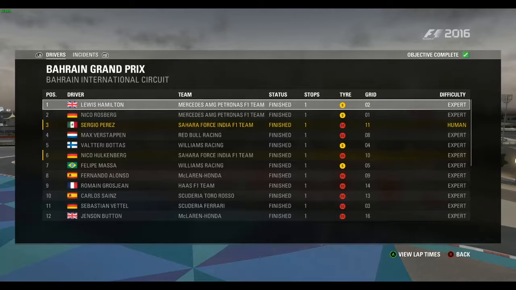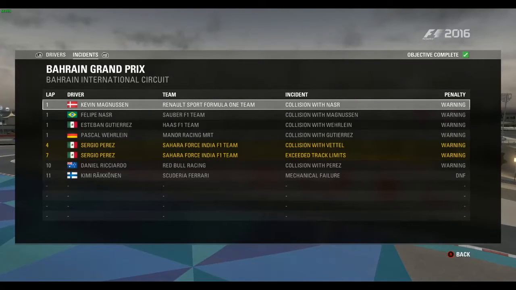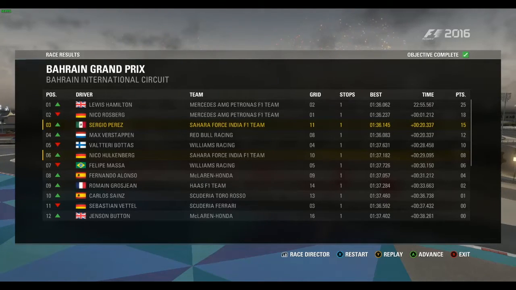So we've been given Driver of the Day by Anthony Davidson. We really deserve that. We went from 11th to 3rd, and there is the incidents. Magnussen, Nasr, Gutierrez and Verlaine got involved in the incident, and then we got a warning for colliding with Vettel at turn 4, remember that? I don't know, I missed the other incidents, but Lewis Hamilton wins the Bahrain Grand Prix, Nico Rosberg in 2nd,